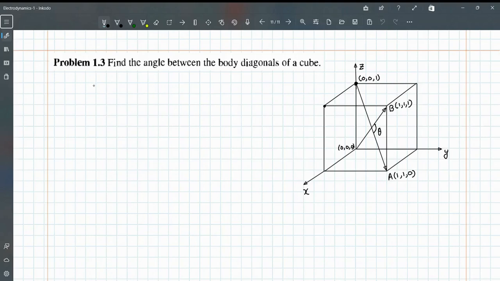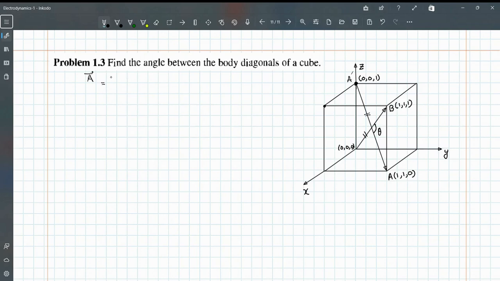Today we are going to solve this problem 1.3, which states: find the angle between body diagonals of a cube. So here you can see that we have these two body diagonals, this one and this one. First of all, I want to find this diagonal, which you can write as A prime A, or vector A,